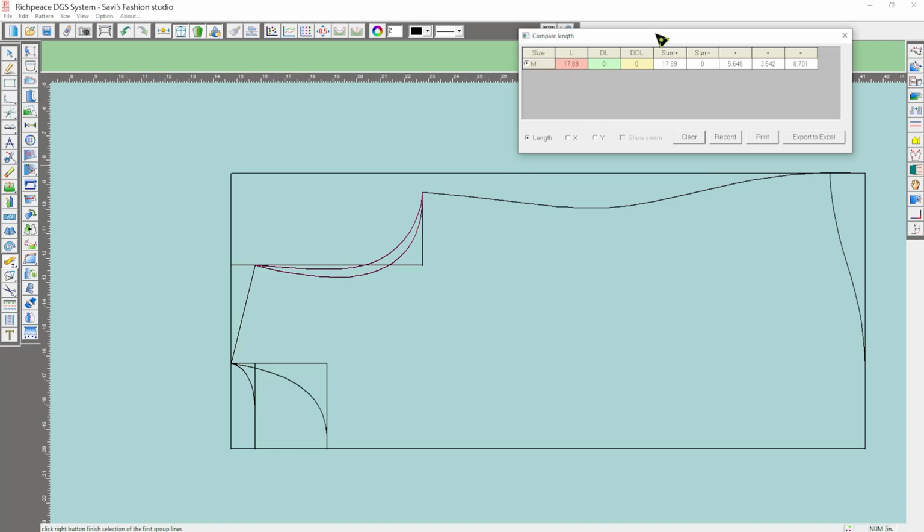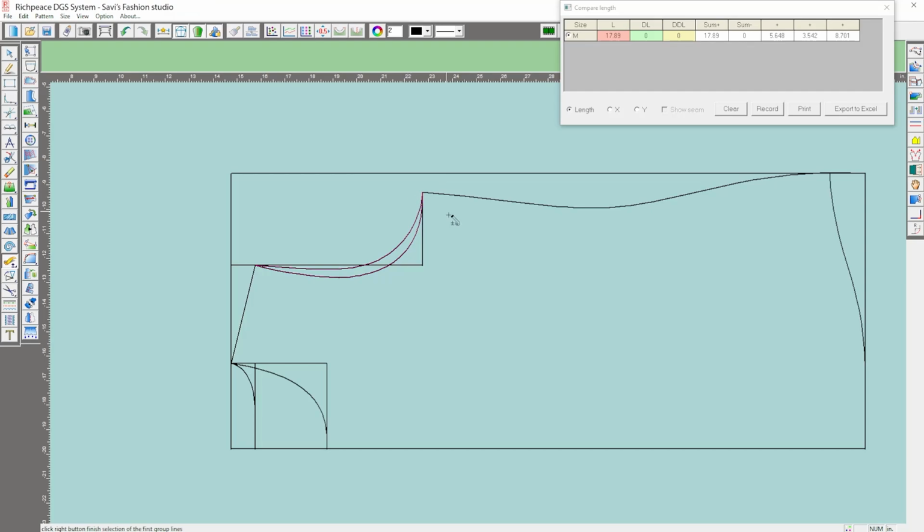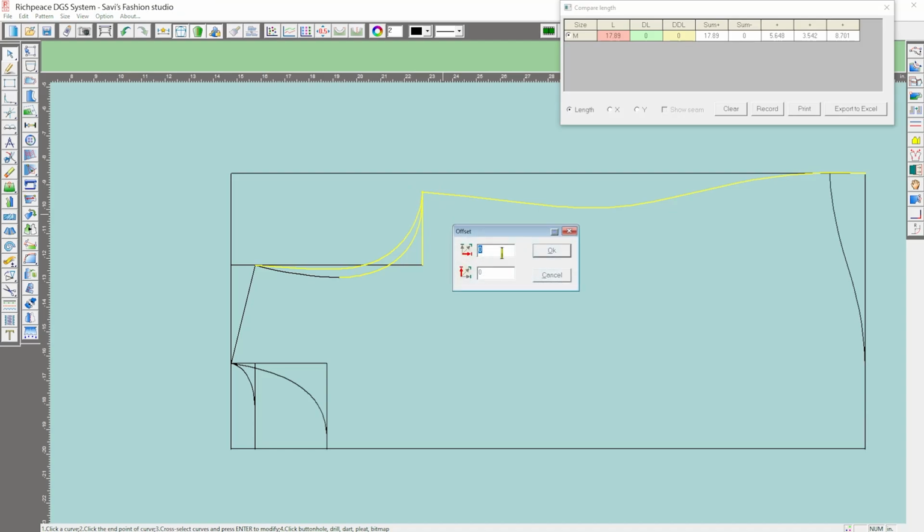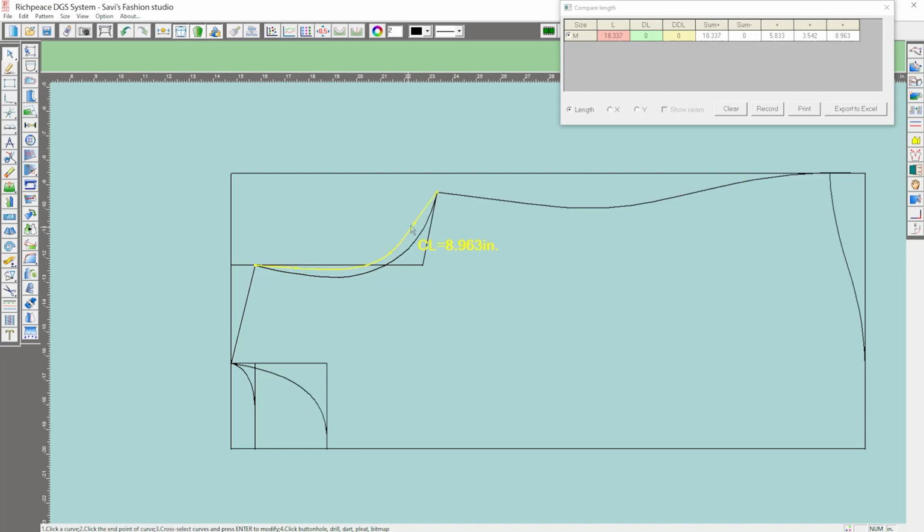So to increase the curves, what we can do is click on the modify tool, select this point, enter, and in x-axis you can decide how much lower you want to take it. I'll take it by 0.5 inches, as half an inch, and it will show me the new measurement here, or I'll take it as 0.6. Okay, now the shape is a little distorted, so I'll have to reshape it. For that, again, modify tool,